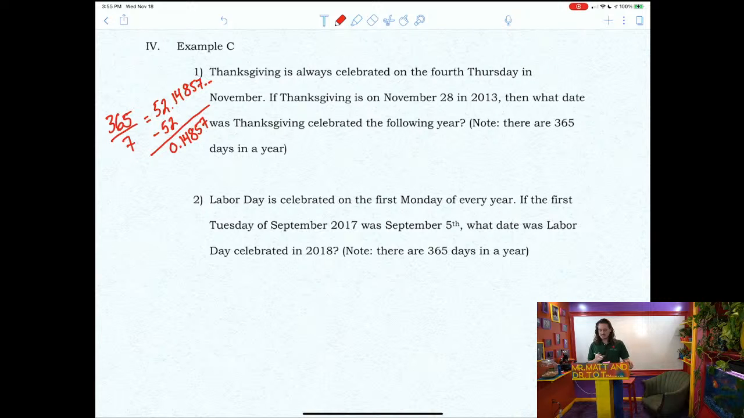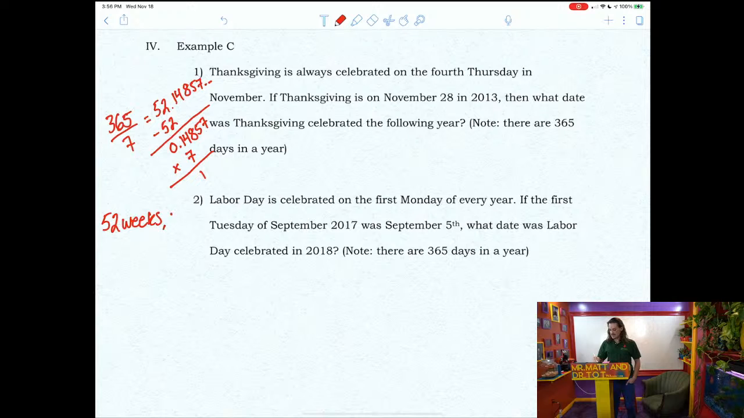So if we investigate that remainder of 0.14857, that represents about 14.8% into the next week when we can't fit another week into the year. So if you multiply that by 7, you're going to get 1. So that means that there are 52 weeks, 1 day